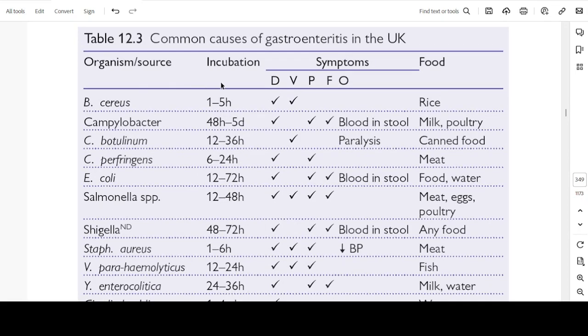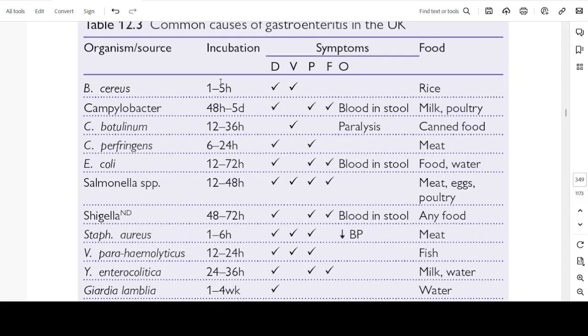So let us try to grasp some points. So Bacillus cereus, within 1 to 5 hours, it is a food poisoning. Preformed toxin will be there mainly from reheated rice, like fried rice, and diarrhea and vomiting are the important symptoms. Campylobacter jejuni, 48 hours to 5 days. Diarrhea,